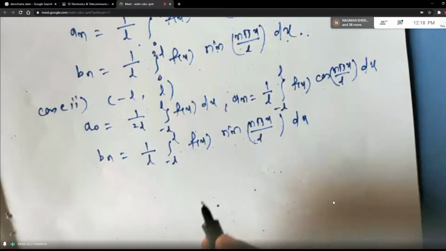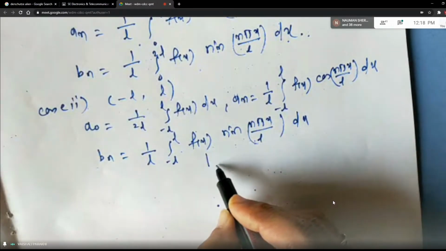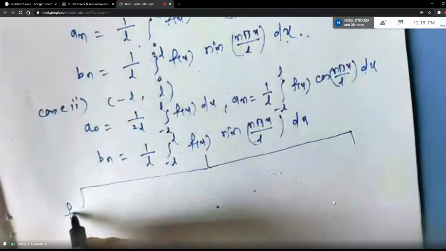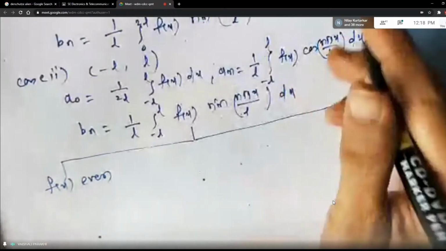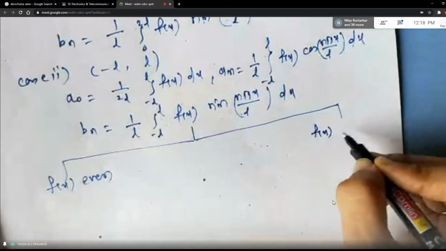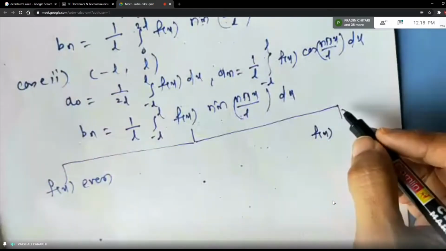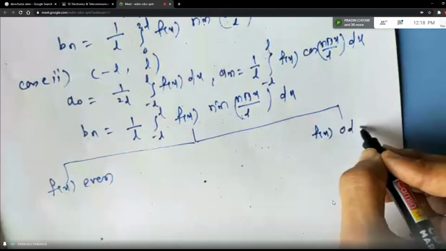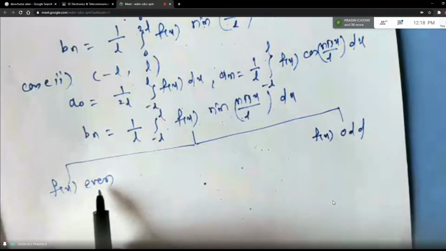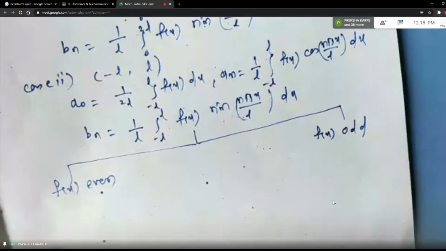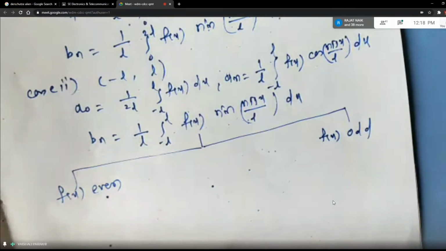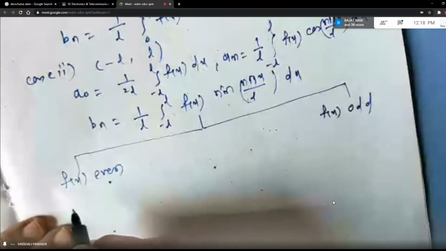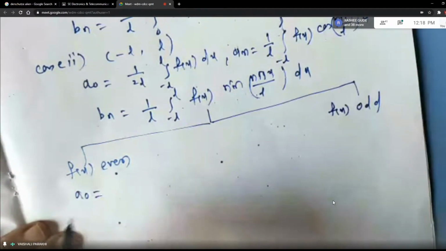Now if you remember, I had given you two more sets of formulas depending upon whether the function is even or odd. So everything is the same, students, we are doing. Only this is the general interval and those are the intervals in terms of pi. So what will happen when f of x is even in this particular case? Only in case 2. Okay. So when f of x is even, can you tell me what will be the formula for A naught?